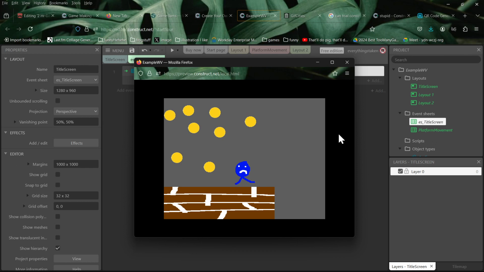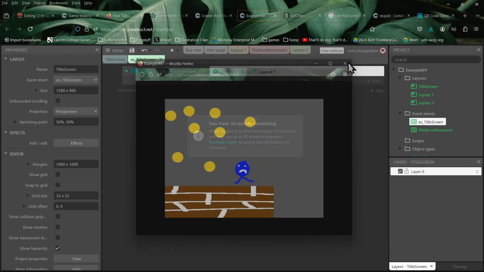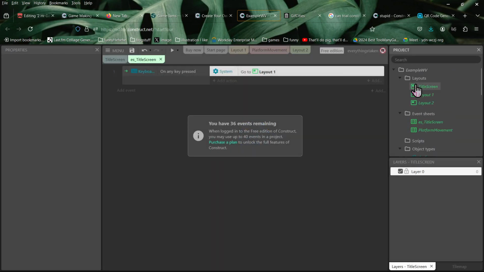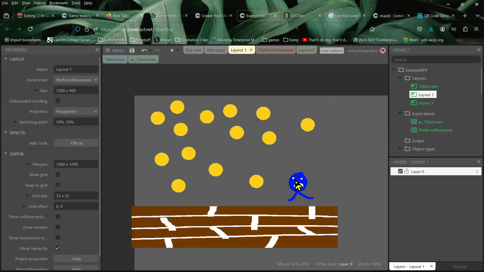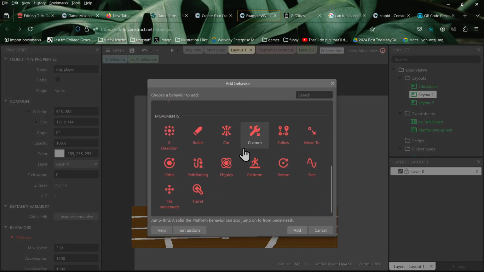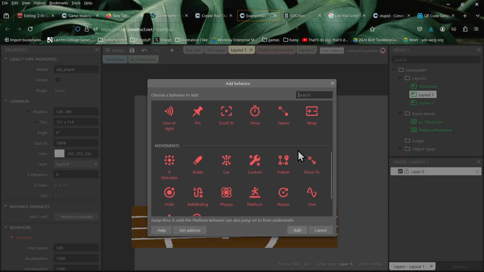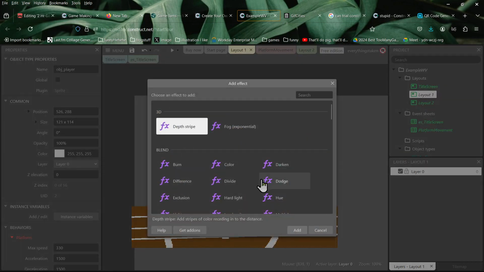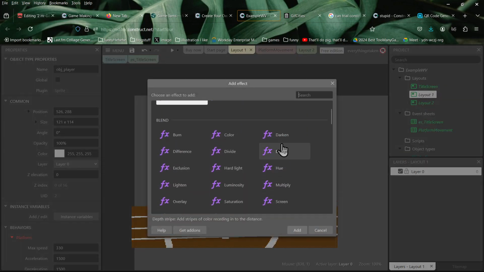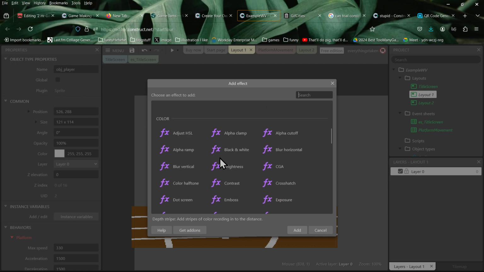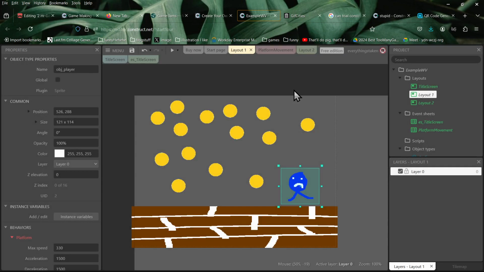So those are some of the really extremely basic things that you can do. Again, if you have any questions, feel free to ask. Maybe I'll just show a couple of things that are kind of fun about Construct 3 if you want to mess around with it. So the behaviors are kind of crazy, and you can stack them as much as you want. So you can add multiple things to each other and get some crazy effects. The other thing is there's a bunch of built-in effects. So there's fog and all these other shader-like things that are in there. That's pretty fun to mess with as well.